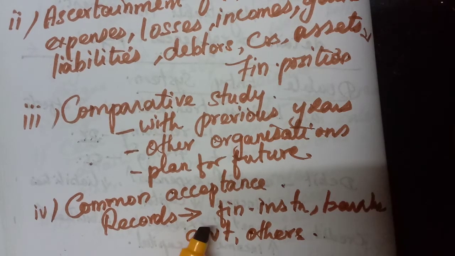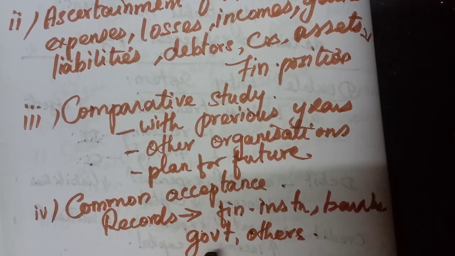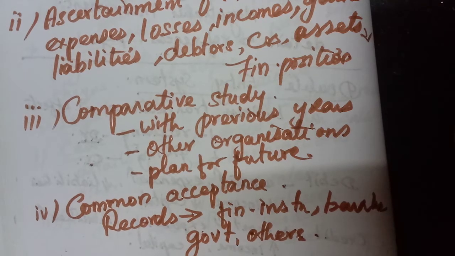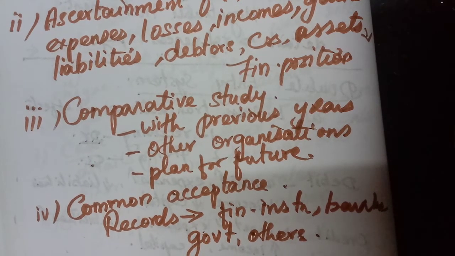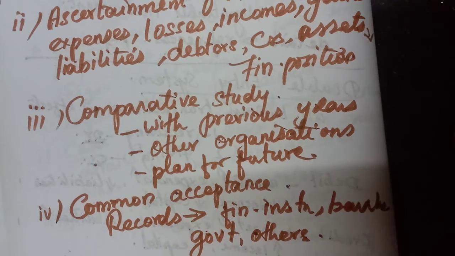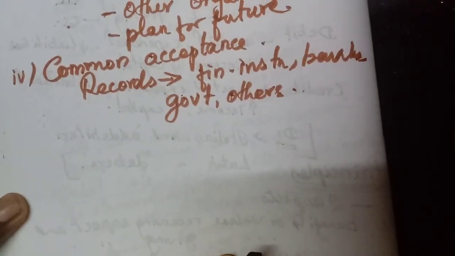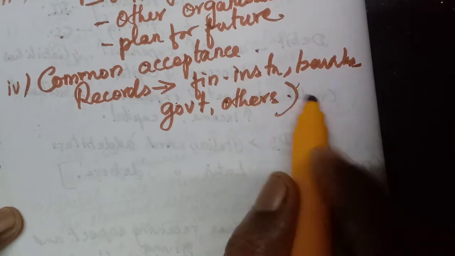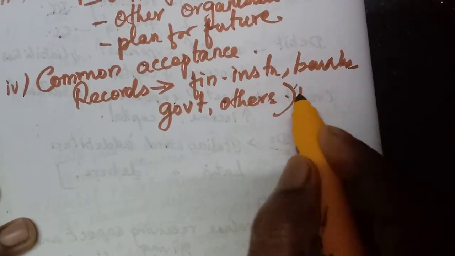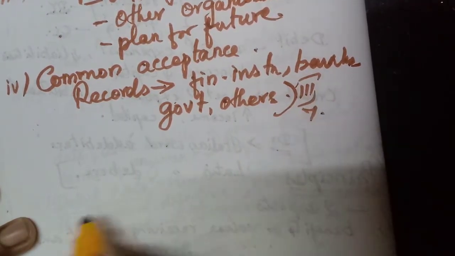Okay, because this is prepared in a systematic manner, and it is a systematic system, or we can say a scientific system. We follow the rules and regulations universally. The accounting standards are applied. That is called the double entry system. Understand? So it is acceptable everywhere. Only 4 points are there. You learn them. Okay. Advantages of double entry system.